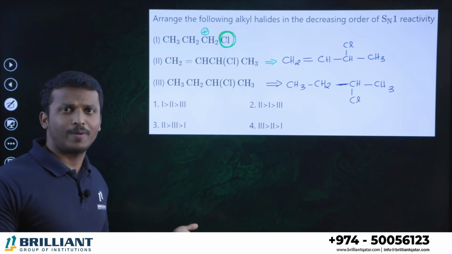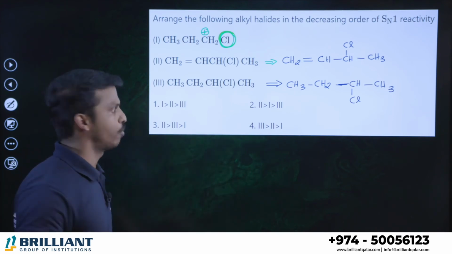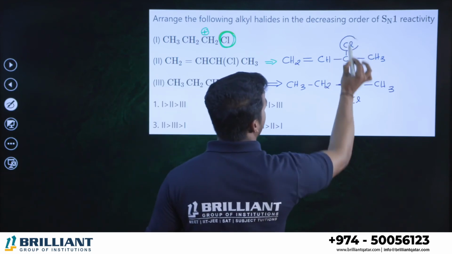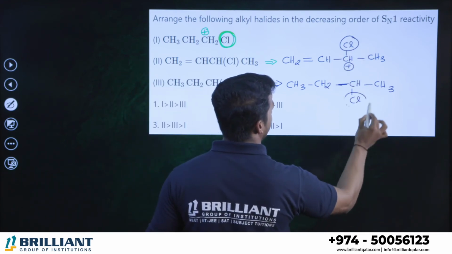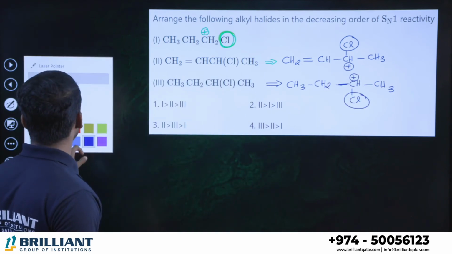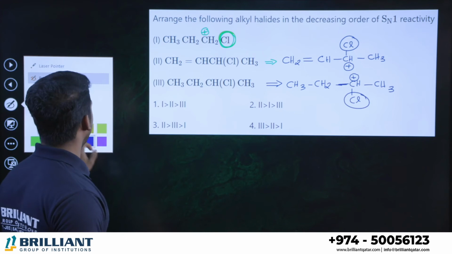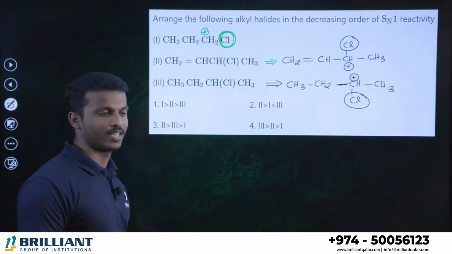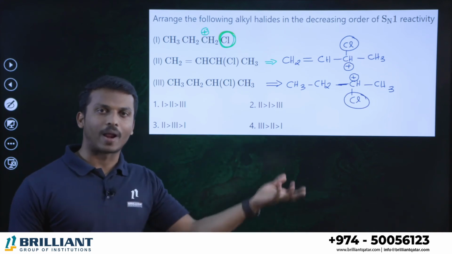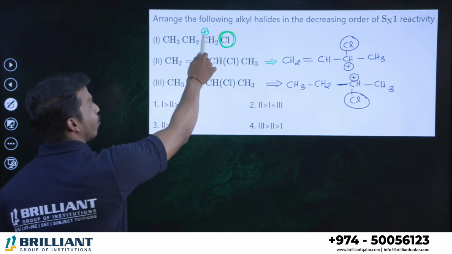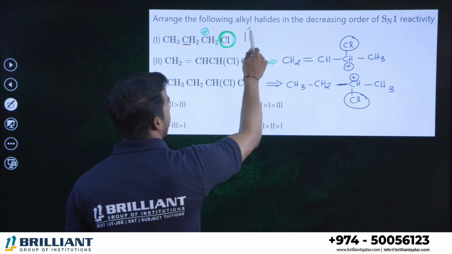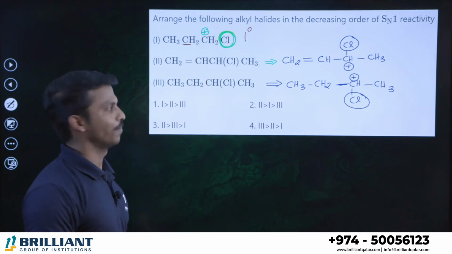Correct? First step in SN1: remove the halogen, make a carbocation. So the chlorine leaves, and the carbocation is ready. Can you please tell me what is the first carbocation forming? What's the name of this first carbocation? Is it tertiary, benzyl, secondary, allyl, vinyl, or primary? Which one? Dear student, the carbocation is directly connected to only 1 carbon. Therefore, it is a primary carbocation. Correct.